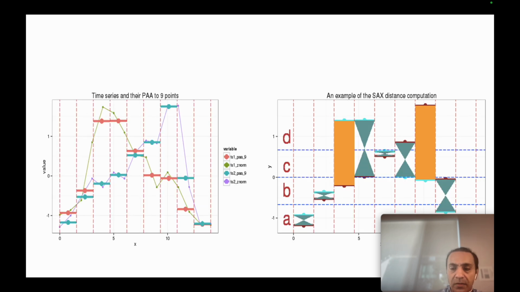Another demonstration, on your left side you have a time series and the piecewise aggregate approximation, which we use to convert that time series into 9 segments of equal length, and then we used symbolic aggregate approximation distance computation, where each of those segments is converted into some word. This is part of the algorithm